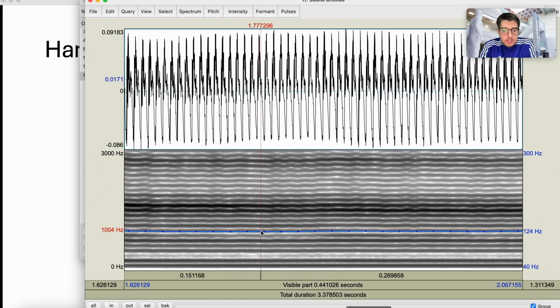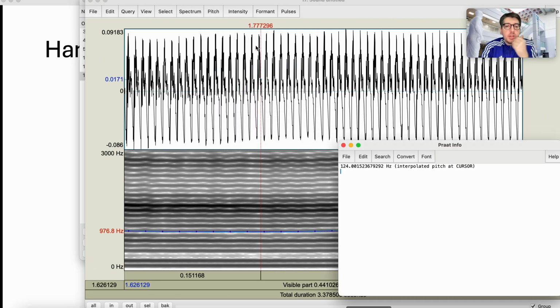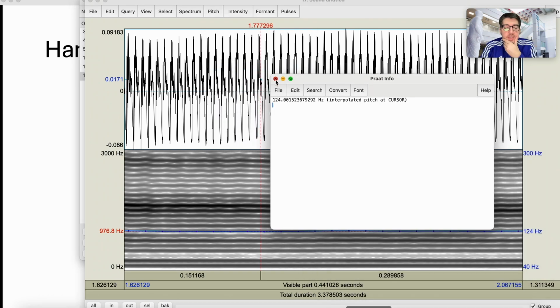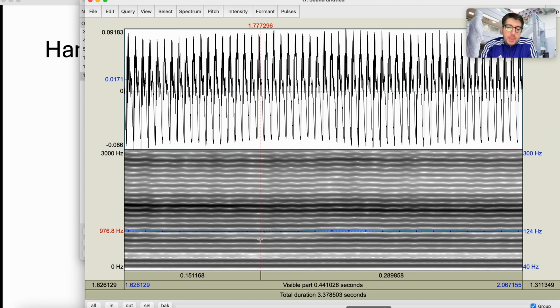And it has a frequency of 124 hertz. The first harmonic, or the fundamental frequency, my pitch, was at 124 hertz. Okay, now if my pitch was at 124 hertz, first harmonic, what would be the second harmonic? Well, the second harmonic would probably be